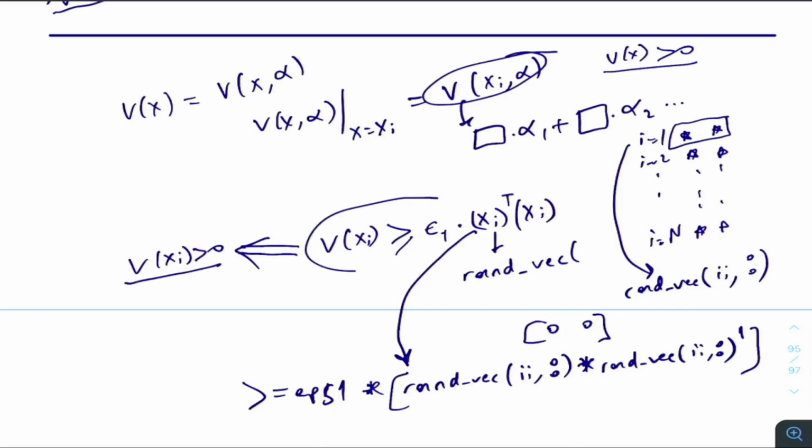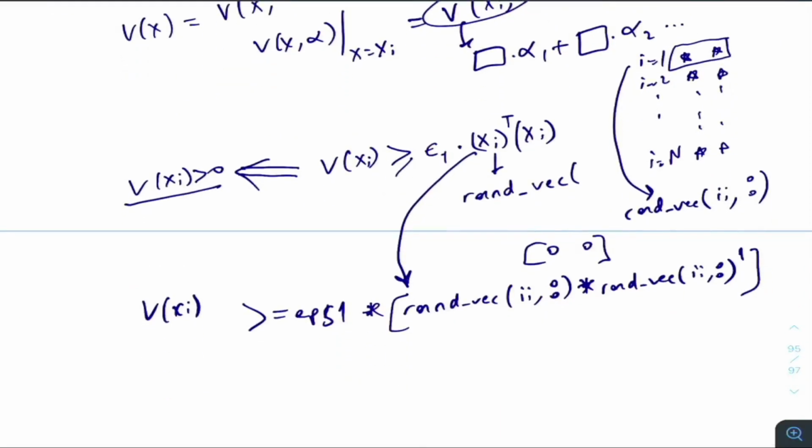And we just pick this type of way of doing things, and okay, greater than or equal to, what is it? It is v of xi. V of xi. And v of xi is, I call it